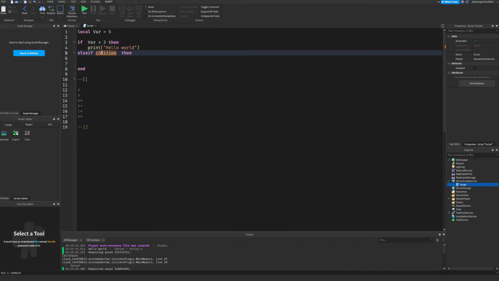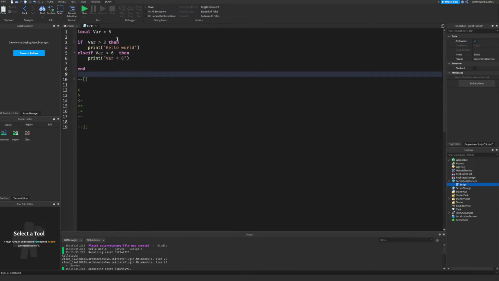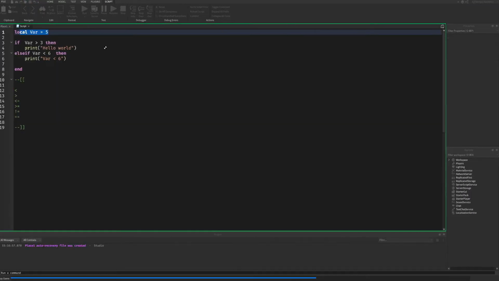So for example, else if variable is smaller than 6, okay, and then I'll do print 6, and then if my variable is still 5 and then run it, what will happen is only hello